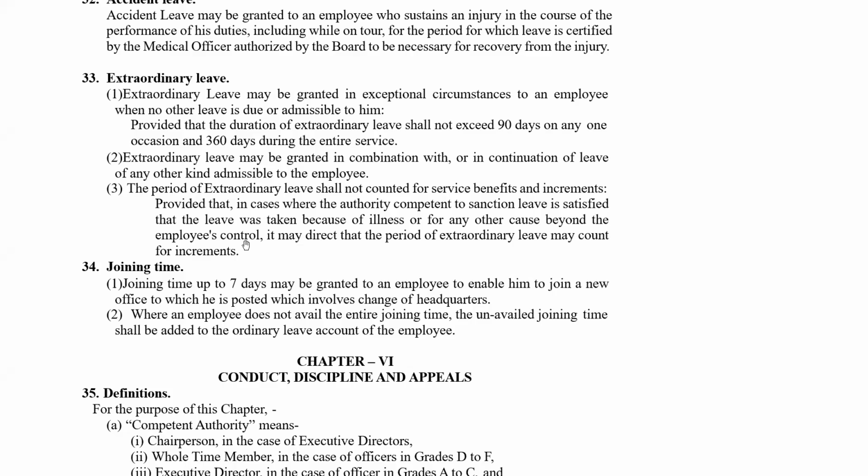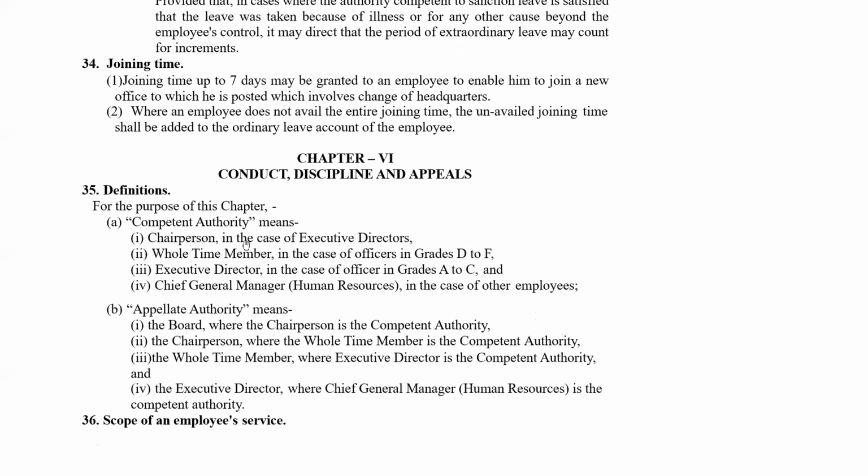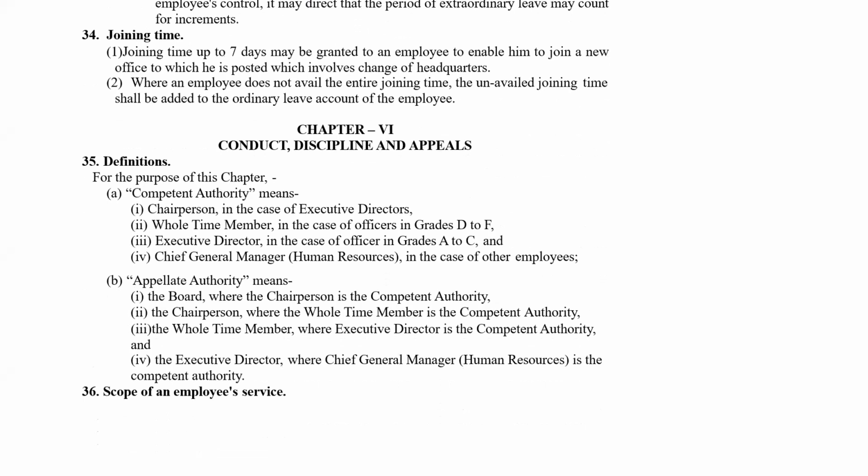आपको अपील एपीलेट अथॉरिटी करना है तो एपीलेट अथॉरिटी का मीनिंग पता होना चाहिए। एपीलेट अथॉरिटी क्या है, ये है: बोर्ड वेयर द चेयरपर्सन इज द कॉम्पिटेंट अथॉरिटी, चेयरपर्सन वेयर द होल टाइम मेंबर इज द कॉम्पिटेंट अथॉरिटी, है ना, होल टाइम मेंबर वेयर एग्जीक्यूटिव डायरेक्टर इज द कॉम्पिटेंट अथॉरिटी एंड एग्जीक्यूटिव डायरेक्टर वेयर चीफ जनरल मैनेजर ह्यूमन रिसोर्सेज इज द कॉम्पिटेंट अथॉरिटी। तो एपीलेट अथॉरिटी मतलब एक लेवल ऊपर है उससे। ठीक, चलिए ये भी हो गया।